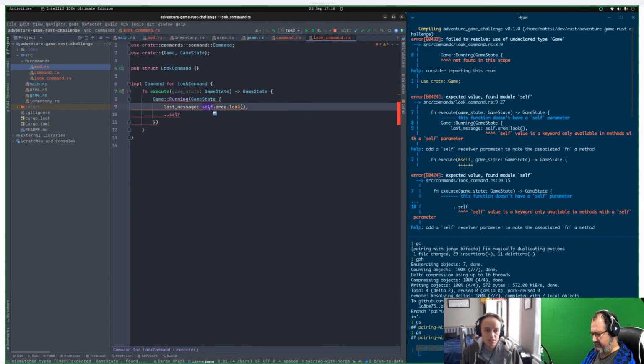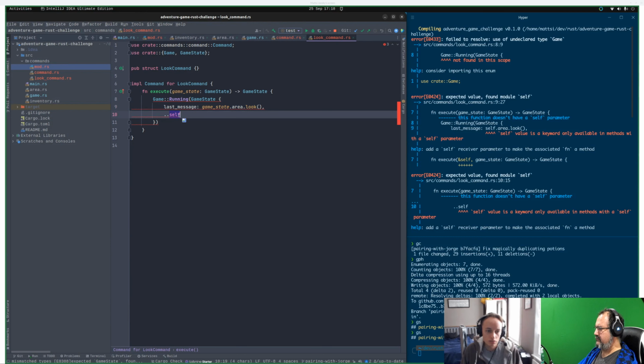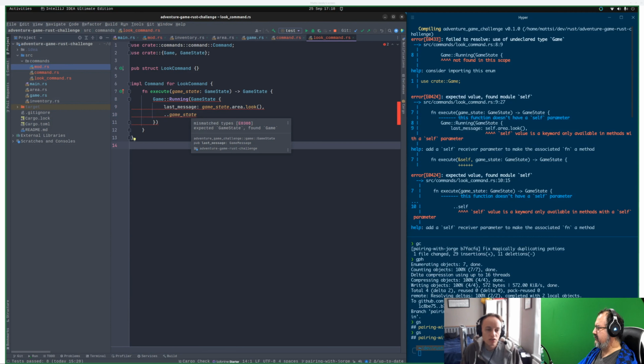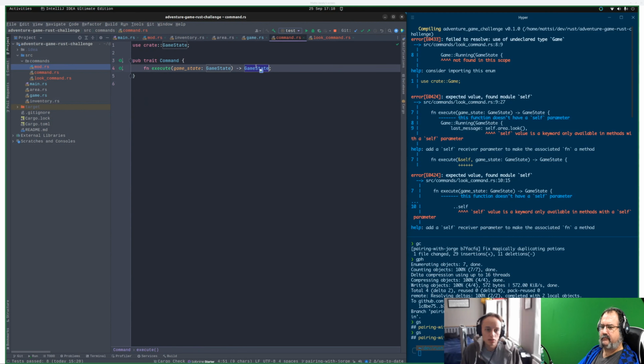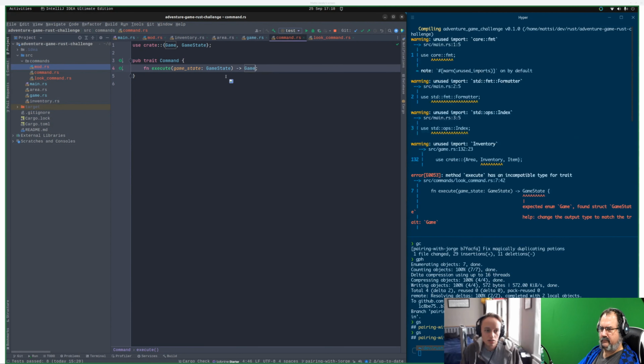Oh, self.area should be game_state.area. Oh, this should be game state. Oh, this actually returns a full game, not a game state. Okay, so I want to change this.